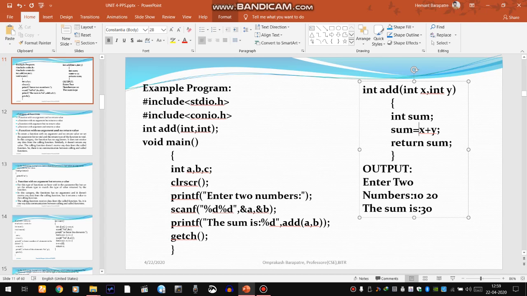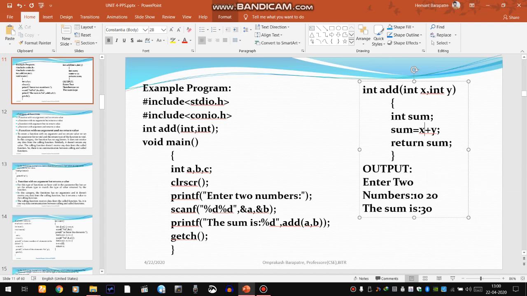Here only the copy of those values will be passed. So x will keep the copy of a, y will keep the copy of b. For a we have initialized 10, for b we have initialized 20.